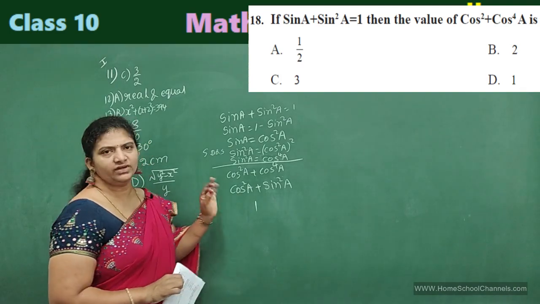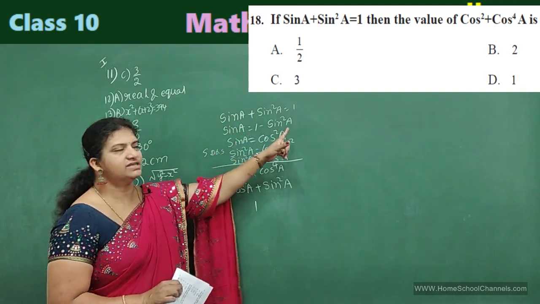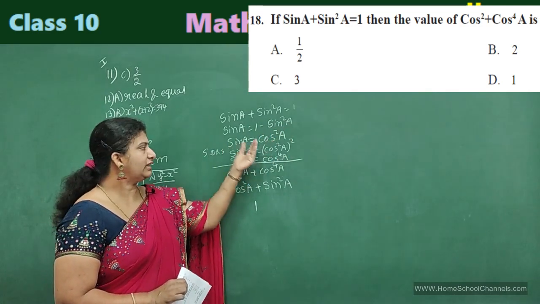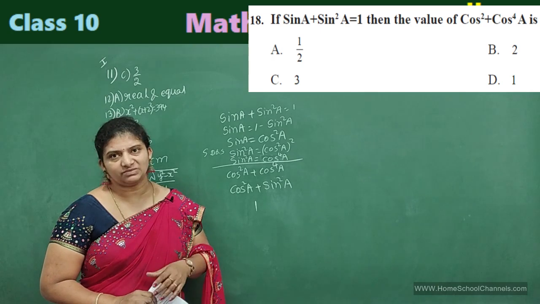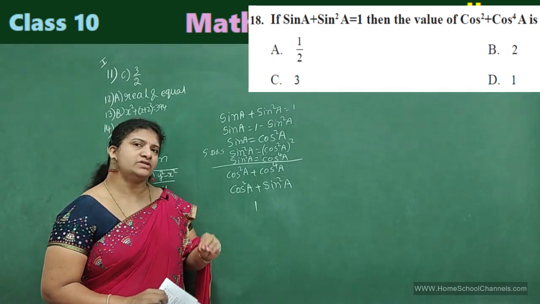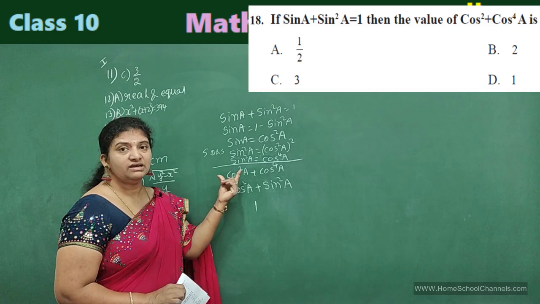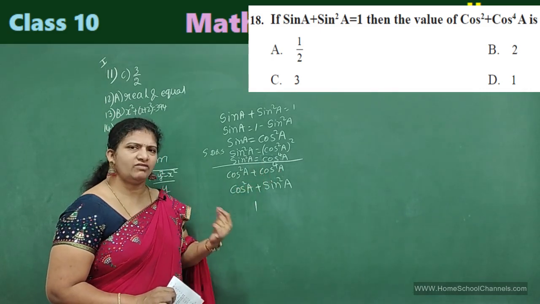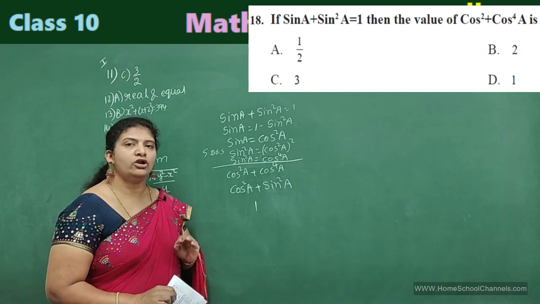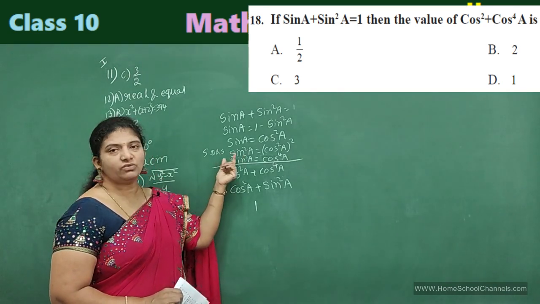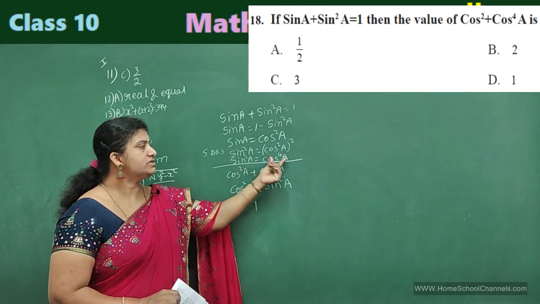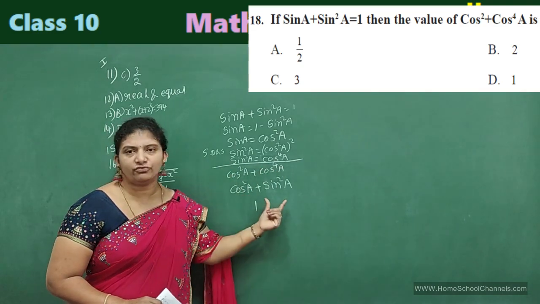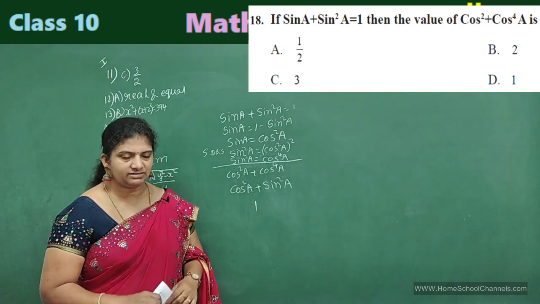Once again, look here carefully. There is no confusion. Sin square A, send to the other side. 1 minus sin square A will be cos square A. Directly, cos square A is equal to sin A, you can also substitute. If you substitute cos square A, what happens? This becomes sin A, and here again sin A whole square it becomes. Again, there will be a little confusion for you. So, in order to avoid that, I have done squaring on both sides here. Cos power 4 A is equal to sin square A. Only substitute cos power 4 A, you get 1 as an answer.